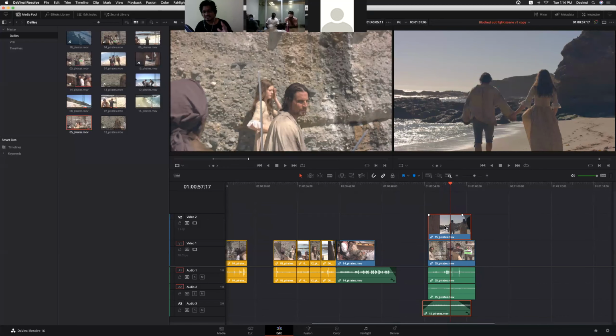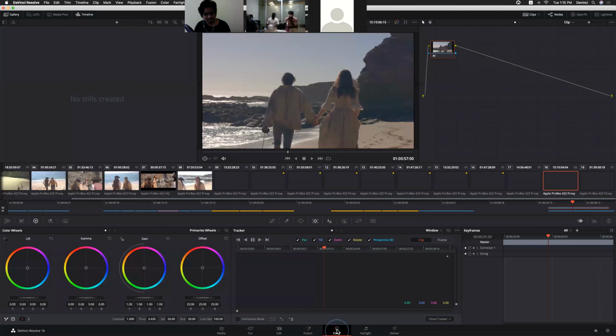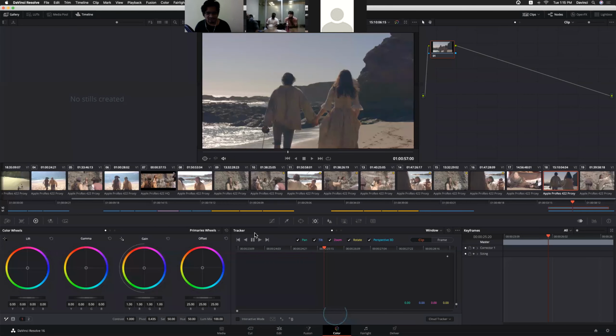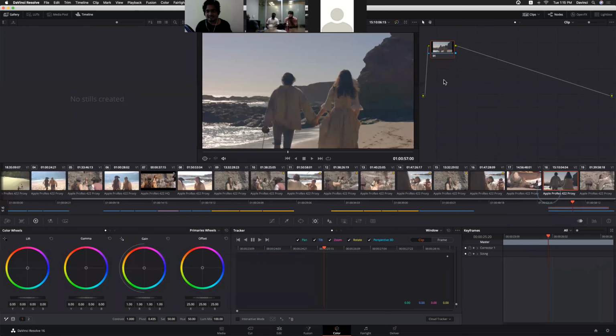First, we need to import whatever stock footage is related to cloud, then arrange layers like this. You can do it in Fusion, but I will show it in a simple way. Go to color. So when you go to color, you can see our timeline here also, right? You can mask out that particular portion. And if it's a sky, you can use the qualifier also to simply select that particular portion.